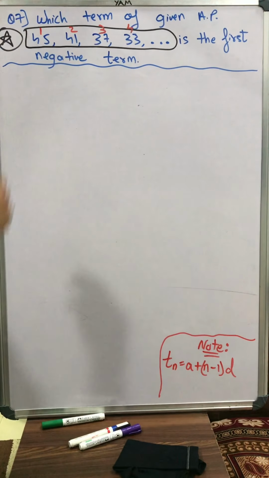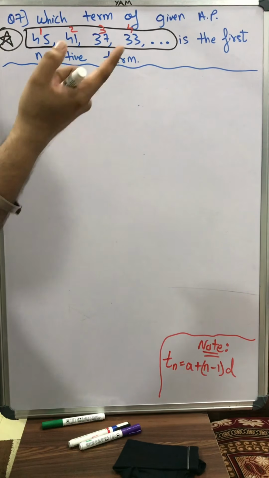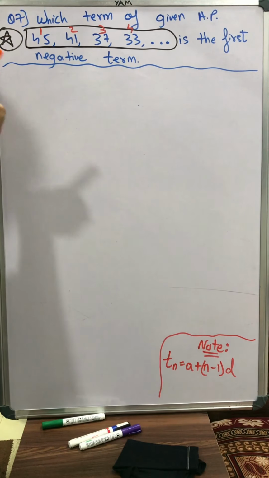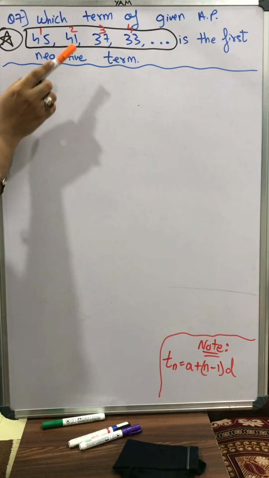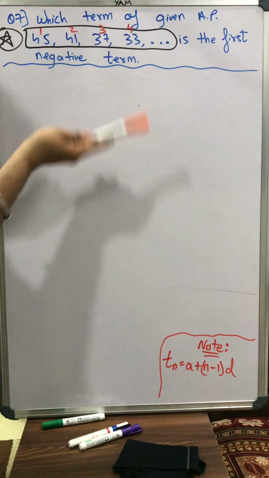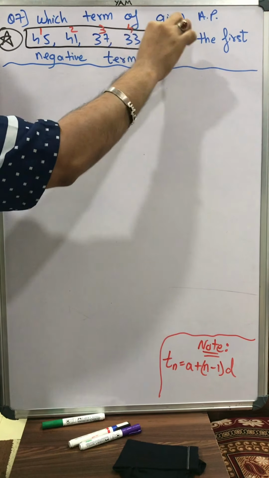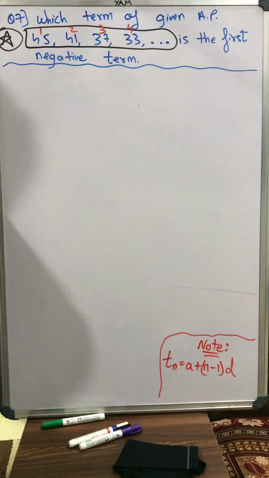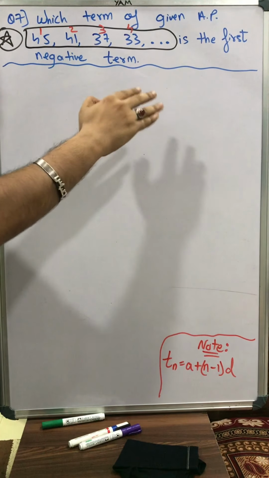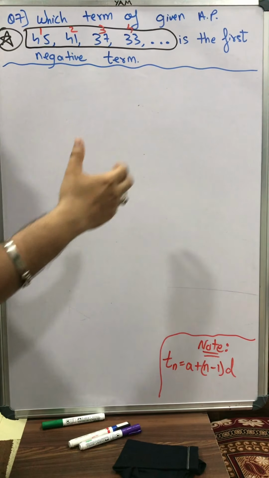It goes on decreasing, and one day it will start with negative numbers also. So at what position will my first negative number be? I repeat again. At position 1, I have 45. At position 2, I have 41. At position 3, I have the term 37. At position 4, I have the term 33. Like this, the value of terms is decreasing, but the position value is increasing. For example, at position 5, the value of the term will be 30. At position 6, the value of the term will decrease more. So one fine day, the value of the term will come to a negative number.